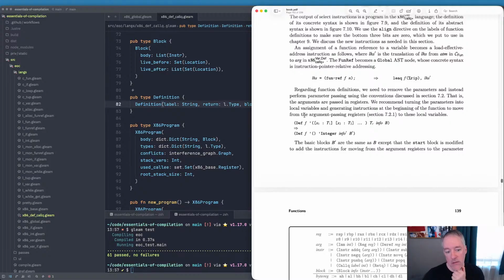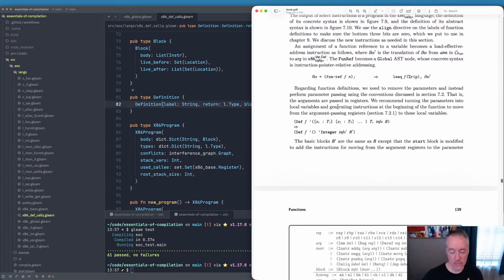Right, so when we encounter a definition from whatever intermediate, I think it was funref. No, cfun. When we have a definition in cfun, then what we do is we take those arguments and change them into assigning them to variables. So grab the register, put it in that variable. Turn the parameters, okay, generate instructions at the beginning of the function to move from the argument passing registers to